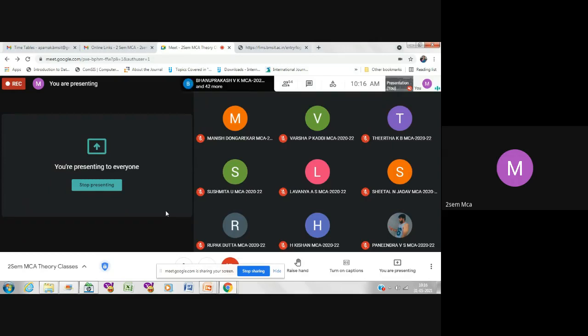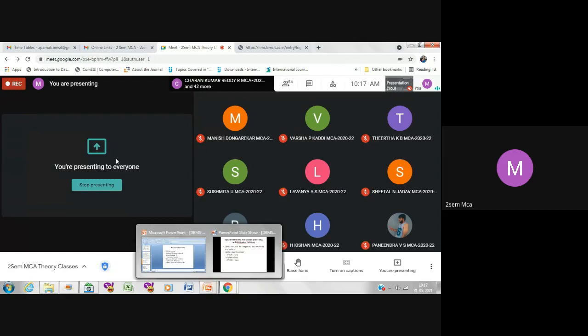So retrieval means we try to extract some information from the existing database, and the database values will never get changed. That is called retrieval.